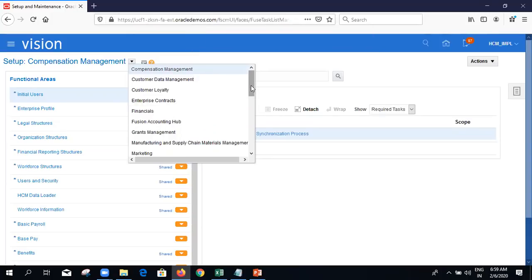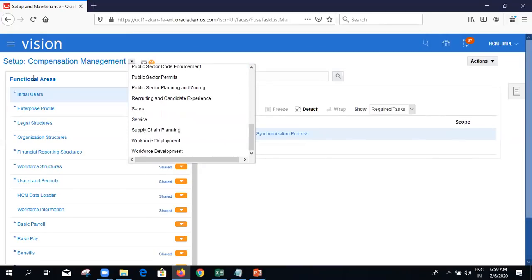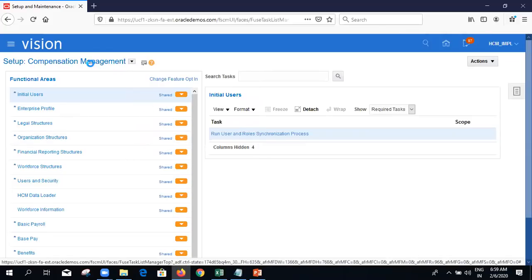But our concern is deployment, development, and compensation management. We know that Global HR, Absence, and Payroll are in workforce deployment. So if I want any task related to these modules, I have to choose my offering as deployment.